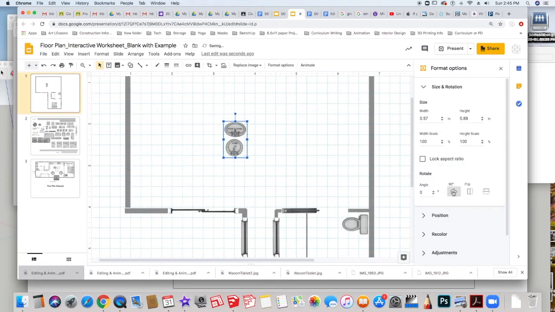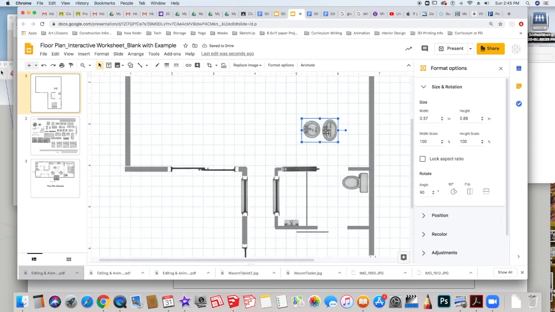I'm going to flip this 90 degrees because I want the sink to be on its side. I'm going to pick which sink I think should go in there. I think it's maybe this longer one. So I'm going to edit this image. So I'm going to double click inside this a little smaller, hit enter. I'm going to flip this because I actually want it to be facing the other direction. So I'm going to put it right in here.